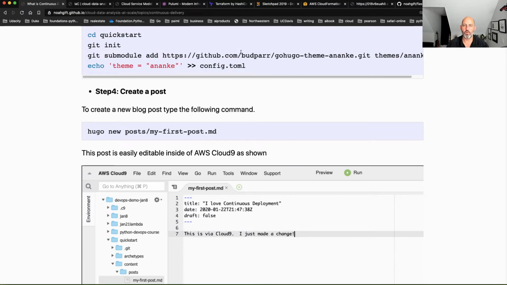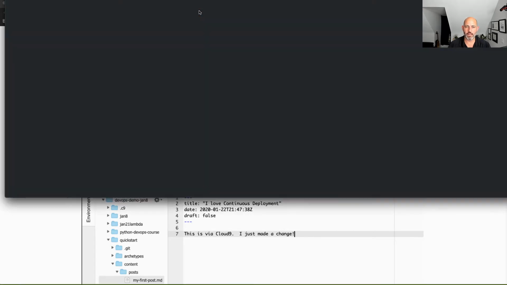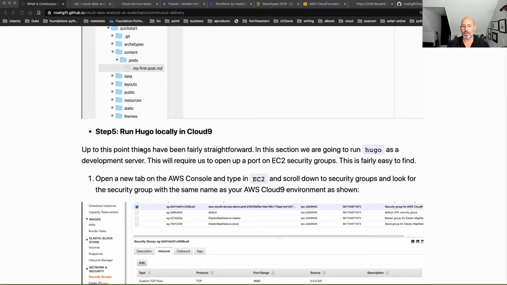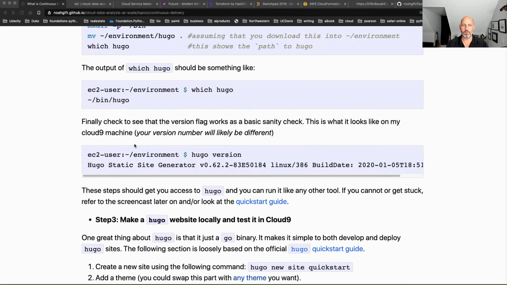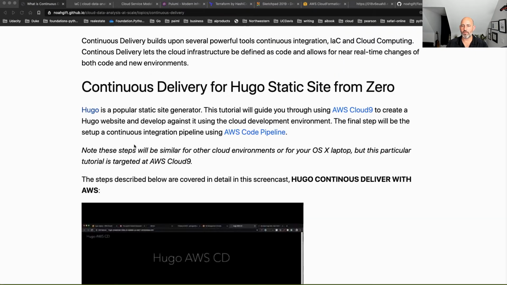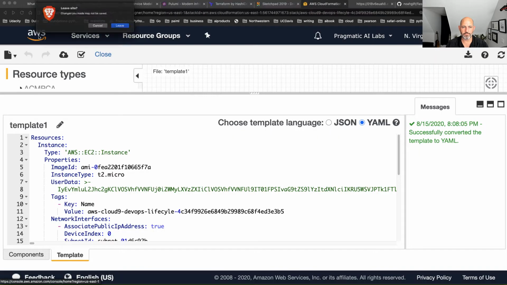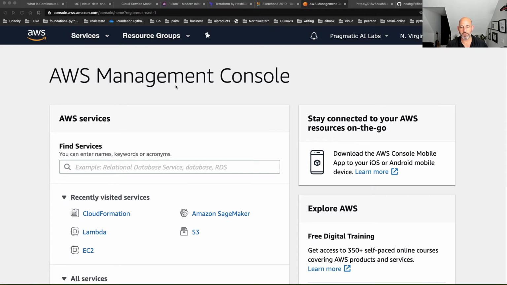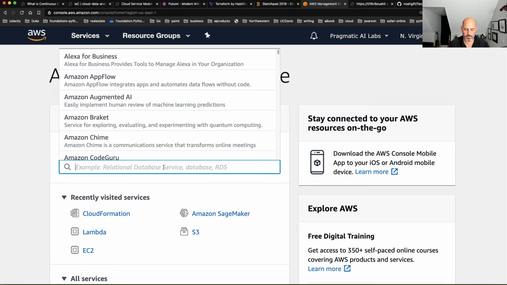So I'm going to open this up in another window so that I can walk through it and take notes while I do it. I'm going to walk you through this concept and show you how important it really is to think about continuous delivery. So first up, let's go to Cloud9, and I'll spin up another environment again. So we'll go here and go to Cloud9.